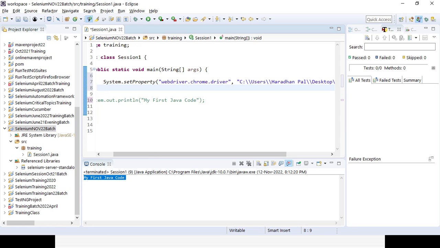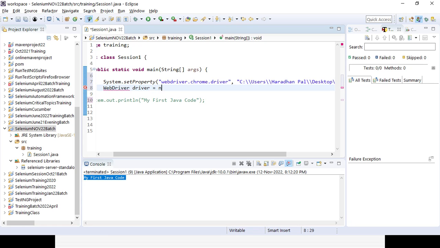Then I will be creating an object or instance of the WebDriver interface. In Java, in case it is an interface, you cannot create the object or instance directly. This might be tough for you the first time. No need to worry. Just try to rehearse it, and whenever the third Java session is covered, you can again try to link it, because this is the basic one where more Java will not be used. That is the reason I have given 2 sessions on Selenium WebDriver.